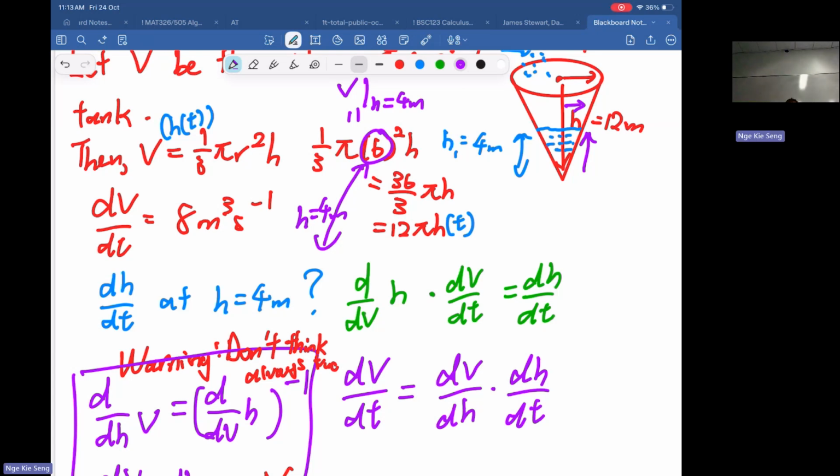You cannot just differentiate with respect to h, right? So is there any relation between h and r here? Actually, there's secretly a linear relation between h and r here. So there's another secret relation that you need to figure out, which is